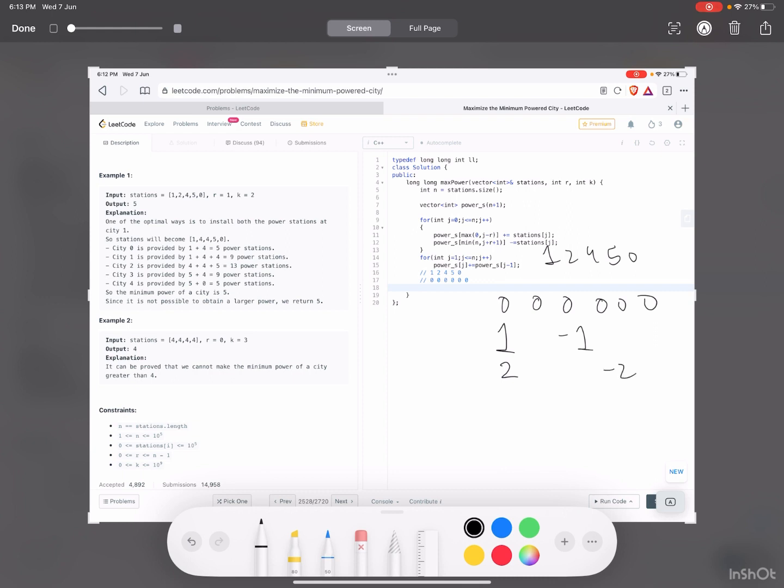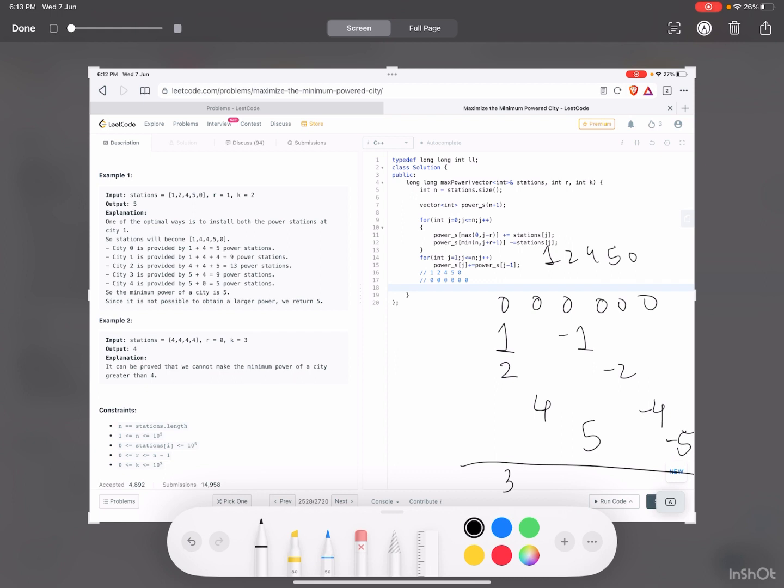Similarly, when I do a 4, it will add 4 here and subtract 4. If I do 5, this will subtract 5 from the end. So if I add all these things, it will give me the final array which I could get. If I add all these, 1 plus 2 is 3.